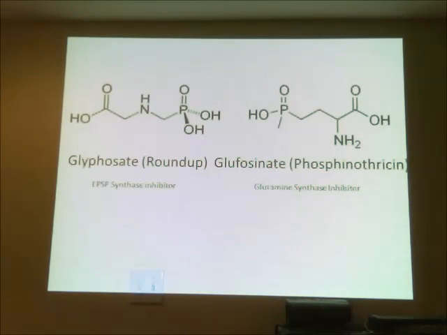Here's another compound that's called glufosinate, that's the trade name, and phosphinothricin is the generic name for this. And this is the glutamine synthase inhibitor that I alluded to before. It's also still a derivative of glycine, but here, this would be the glycine molecule. This would be a hydrogen here. So here, the attachment of the other group was on the nitrogen of the amino group. Here it's on this carbon, this alpha carbon of the glycine molecule.